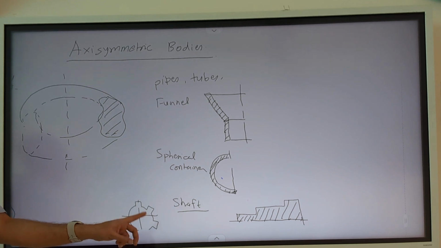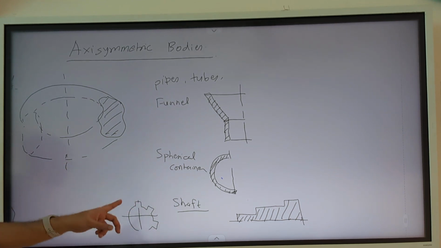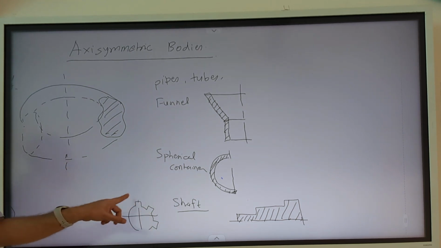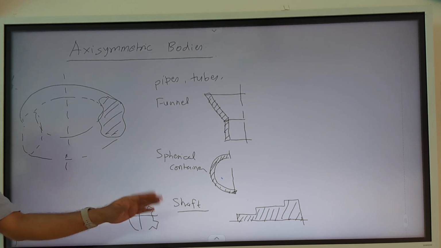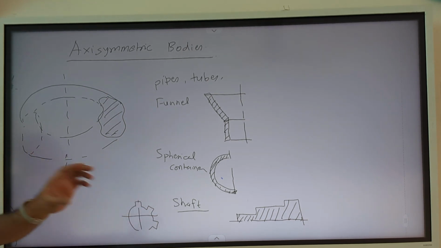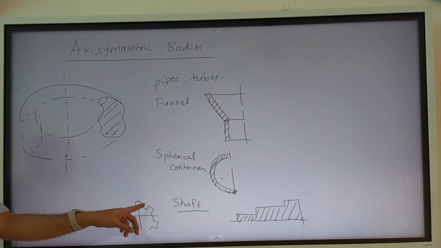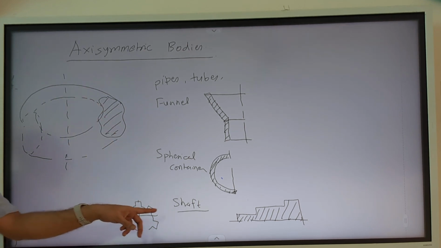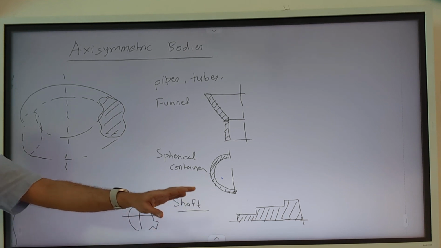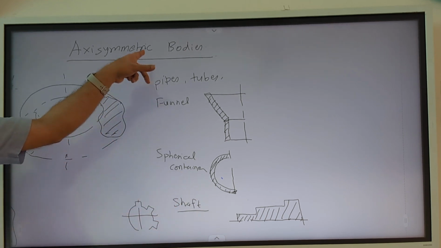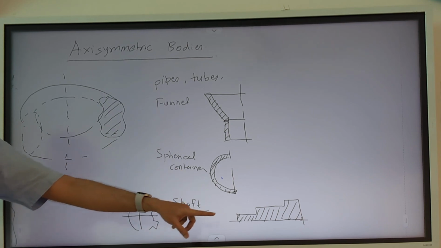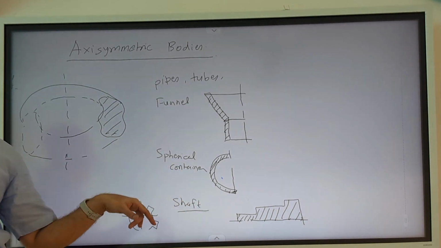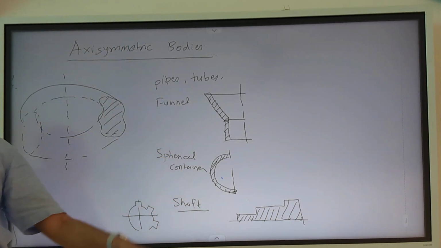So these are not symmetric, although they are circularly repeated, and you cannot obtain this solid by revolving some particular surface. You can extrude it, but you cannot revolve a cross section. So splines or keyways or slots, if you have them on the shaft, you have to ignore. Shafts in general are modeled as axisymmetric bodies, but in that case you cannot take care of this local discontinuity. How to take care of that, we will see later on.